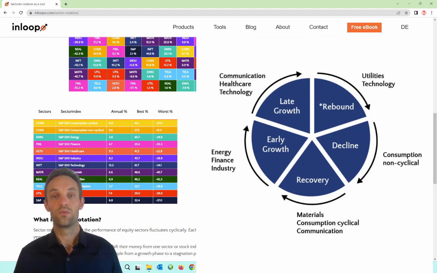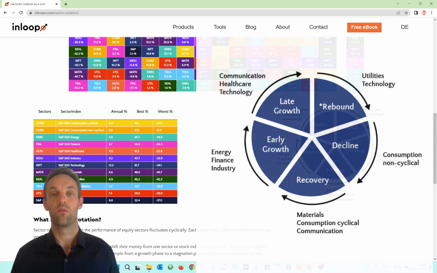So from my point of view, currently, especially with the interest rates pause, we are getting into a recovery phase. And in this recovery phase, materials, consumer cyclical or communication companies should outperform the market.